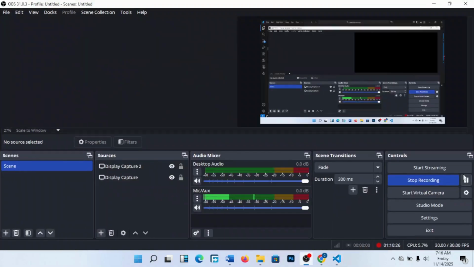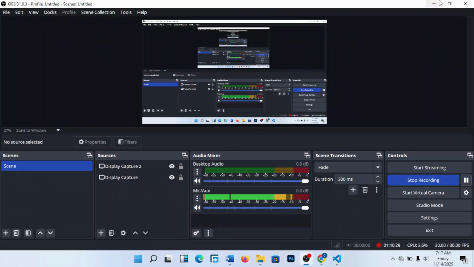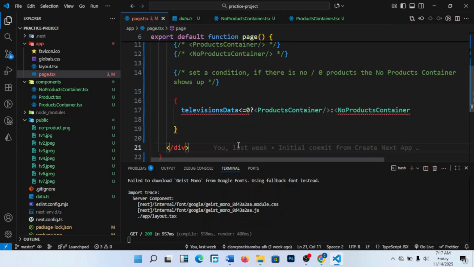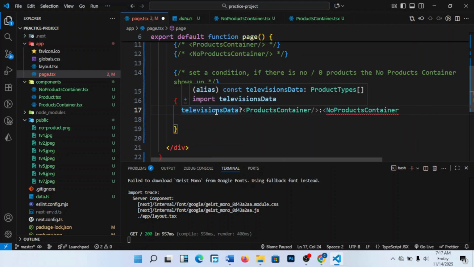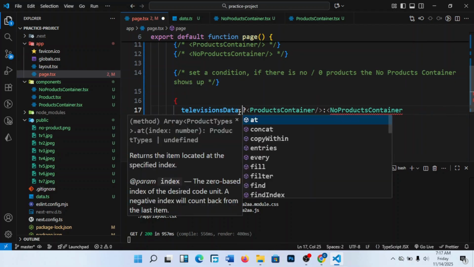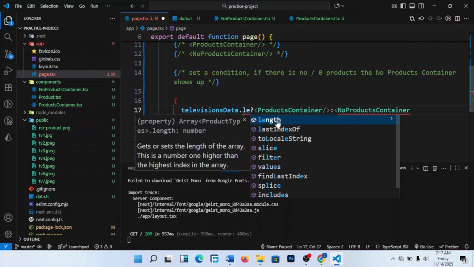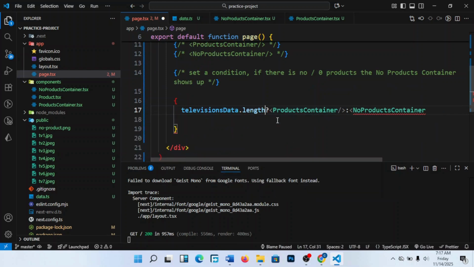So members, there is something here they are saying, which you have to do. So it would be like this. I was confused somewhere, that's why they are showing me number, something like this, okay? It's television data dot length. I had forgotten this. Dot length, yeah,